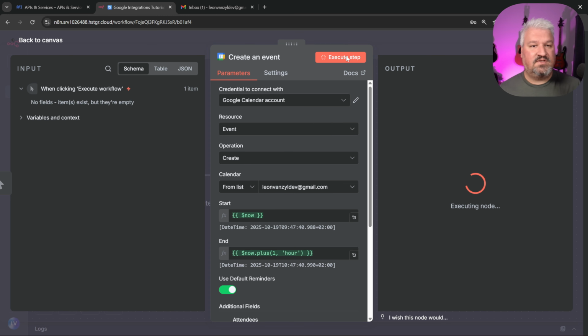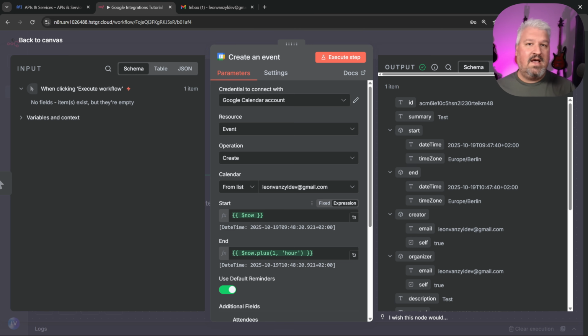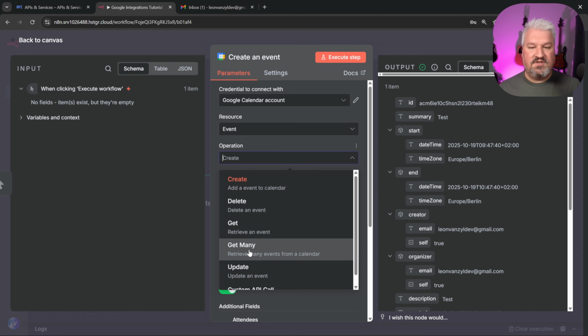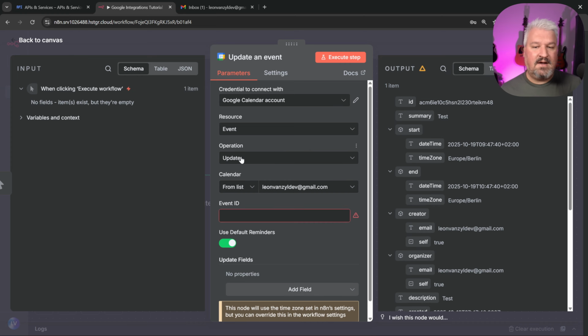Let's click on execute step, and this looks good. When I switch back to Gmail, I can see my invite over here. Of course, reading and updating your calendar events are just as easy. Simply change the operation. For example, if we wanted to update an event, we can simply select update, and this